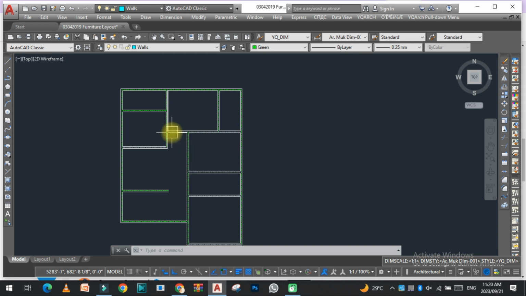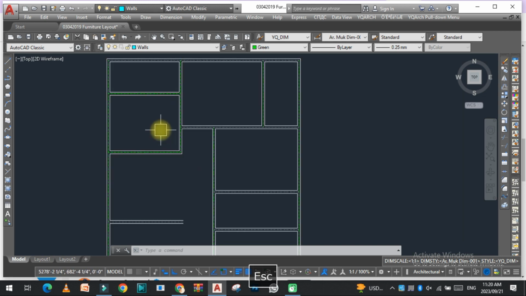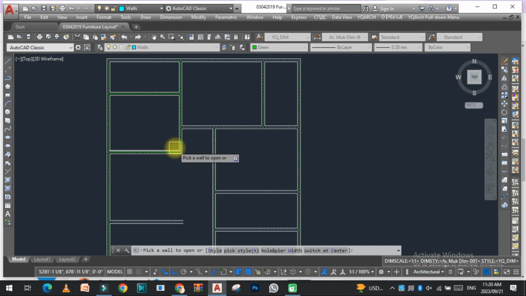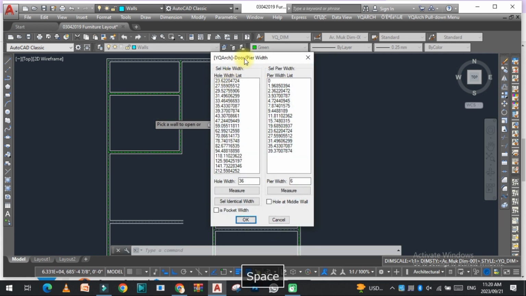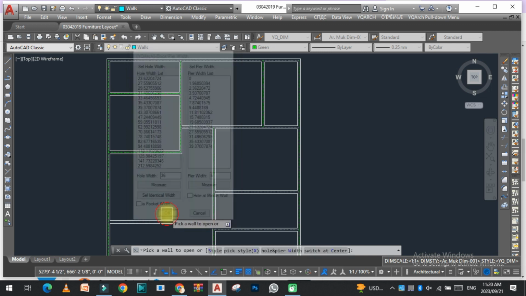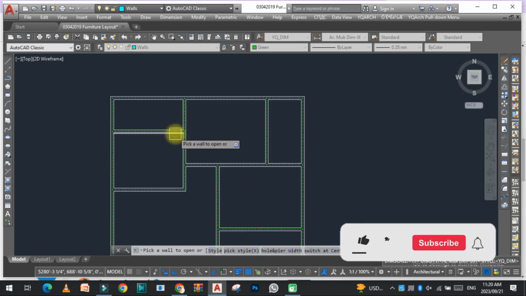And now the third command we are going to use is to place the doors. For this we just need to type AD and select. Now as you can see here, it's written width, or you can type W for the width and select the width here. I selected 36 inches and the frame width is 6 inches. And now okay. So I need a door here,